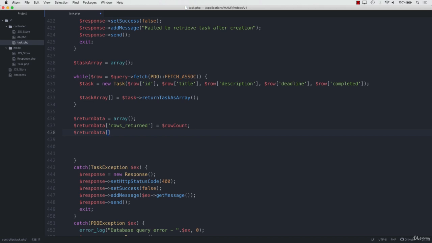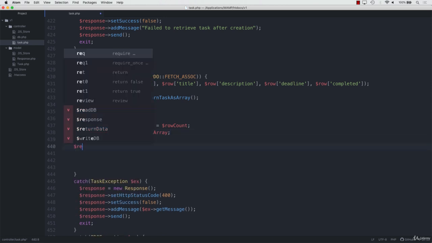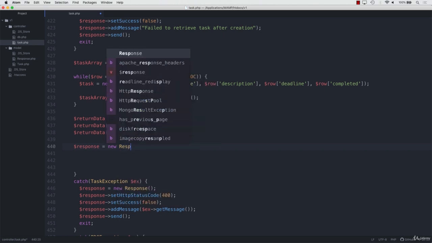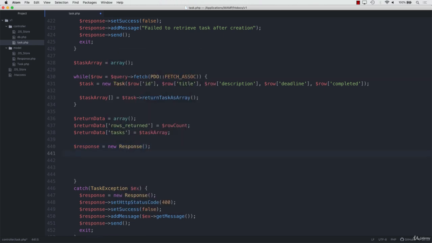So return data, and this is tasks, because we need to add the tasks array, and then we need to create the response to return all of this. So new response, and then response